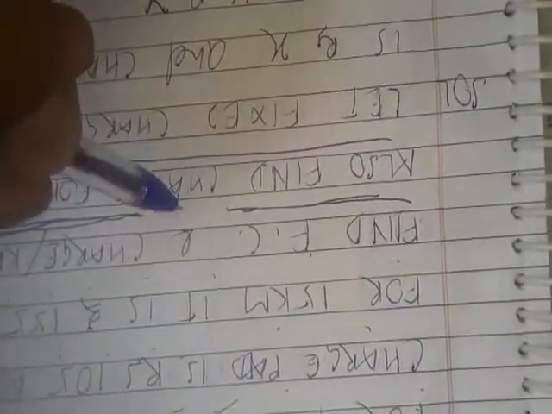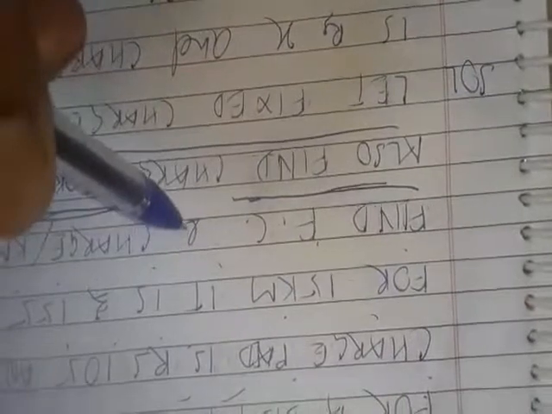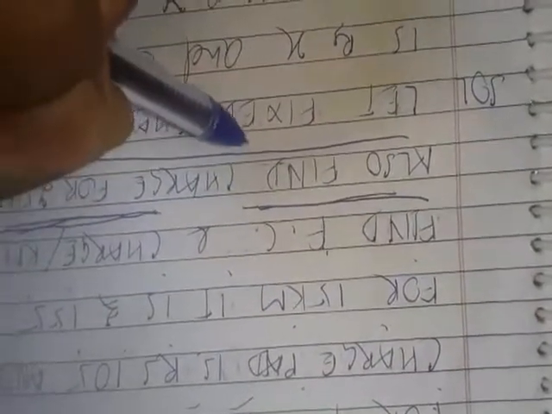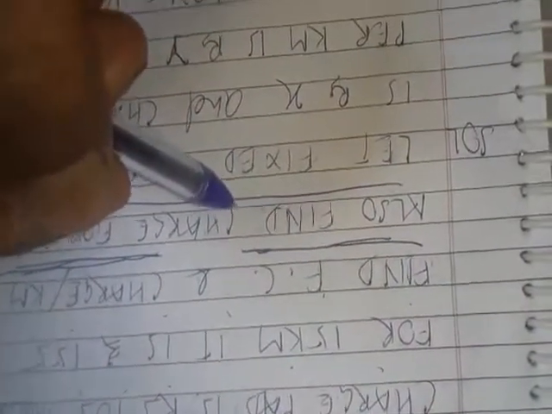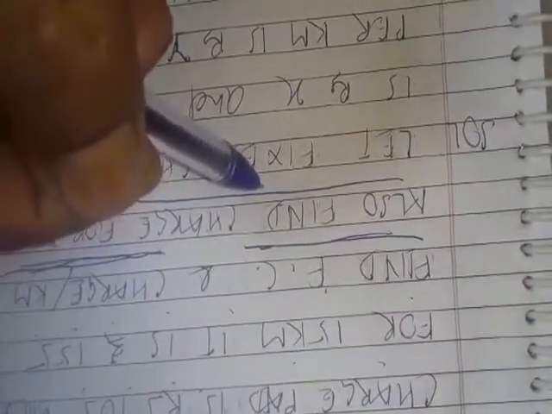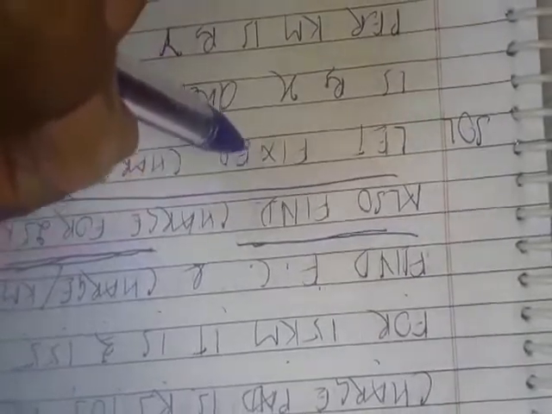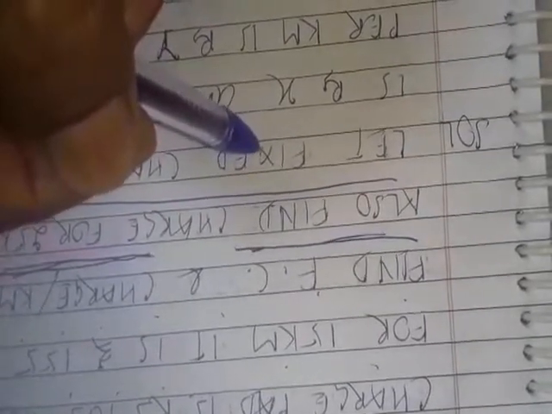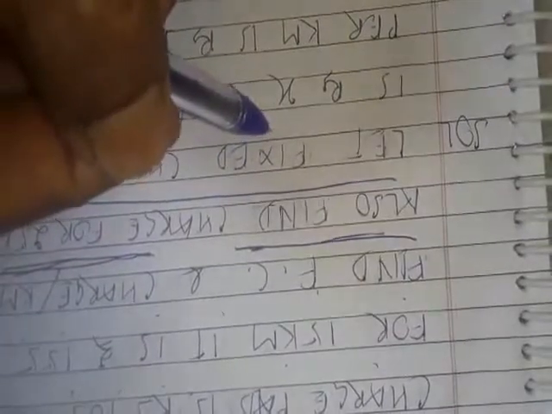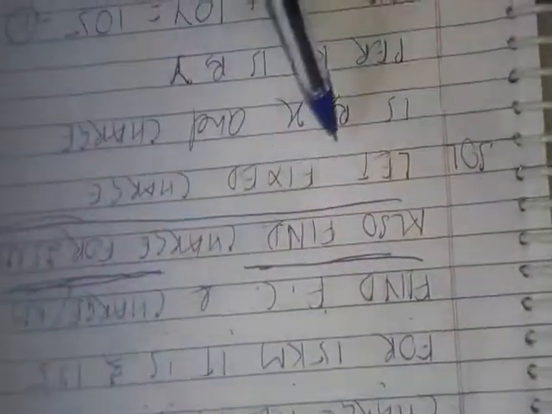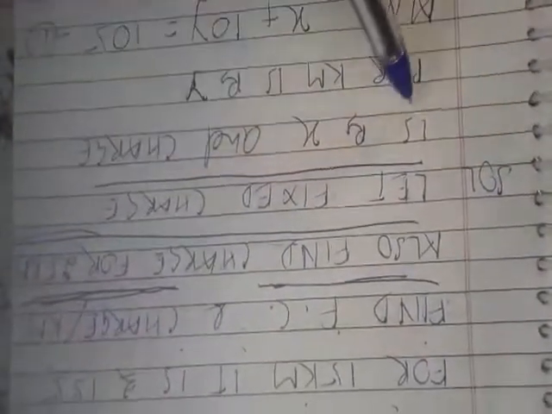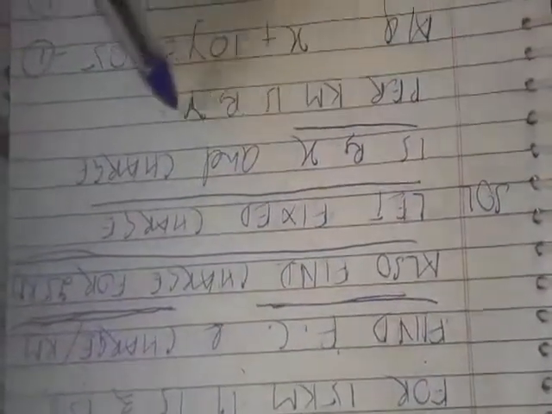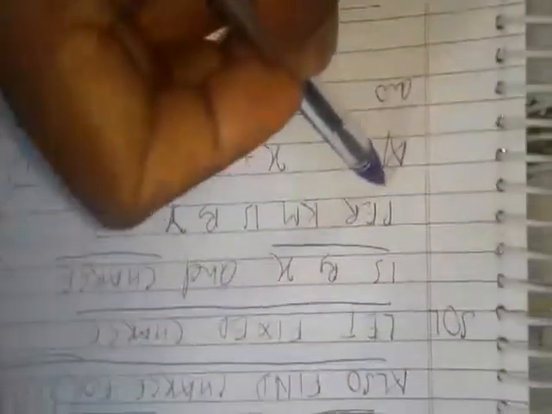Now what do we see over here? We are having two things. The first thing is a fixed charge and the second thing is the charge on every kilometer, the charge per kilometer. Distance covered, and we have to pay for that covered distance, and for that we have assumed the fixed charge as rupees X and the charge for every kilometer is rupees Y.